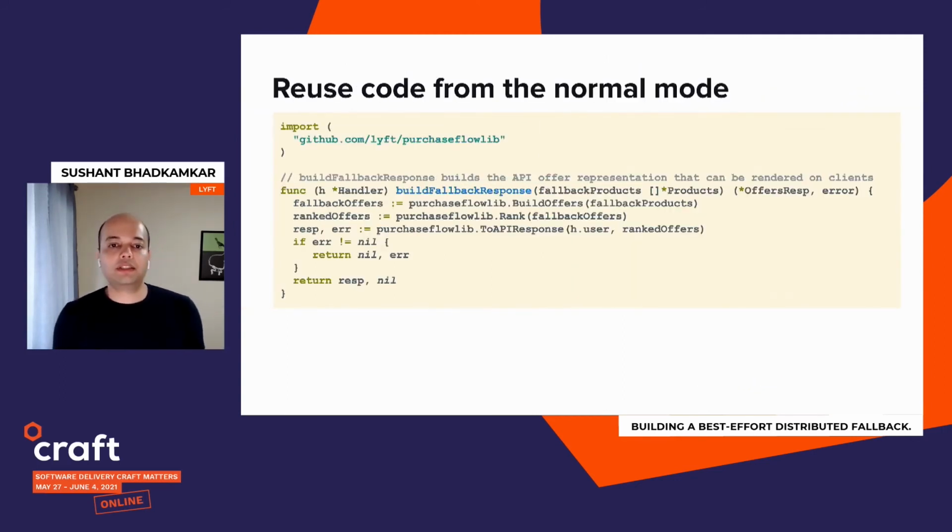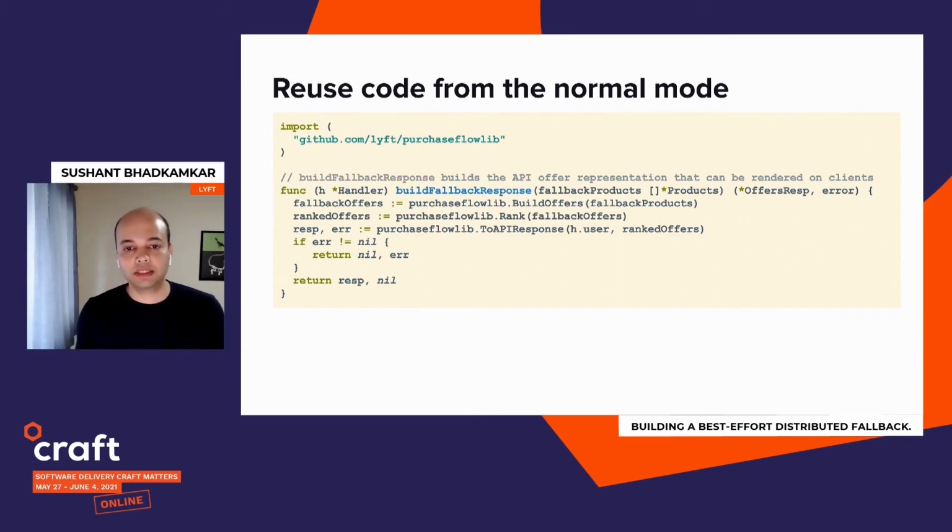The other thing that we did was we reused some of the code from the normal mode of operation. So once the gateway service has the product configuration that it requires to respond to the user's request, again, based on their location, it basically reuses the code that we use in the normal mode of operation. The only difference in this case would be that it's working with a different set of products or a reduced set of products, whereas in the normal mode, we'll have richer data, we'll have more products that are available